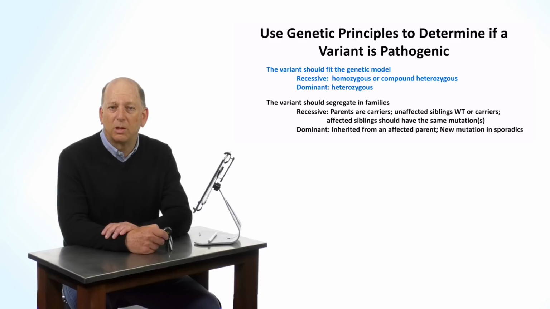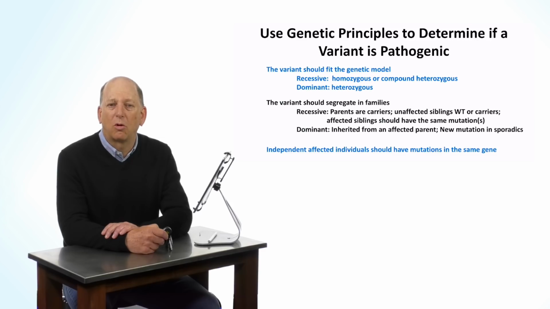Dominant mutations should be inherited from the affected parent and shared by affected siblings or other relatives. When the parents are unaffected, the causal mutation should be a new mutation not present in either parent. If you are studying multiple unrelated affected individuals with the same disorder, some or all of them should have mutations in the same gene, depending on whether the trait can be produced by mutations in only one gene or more